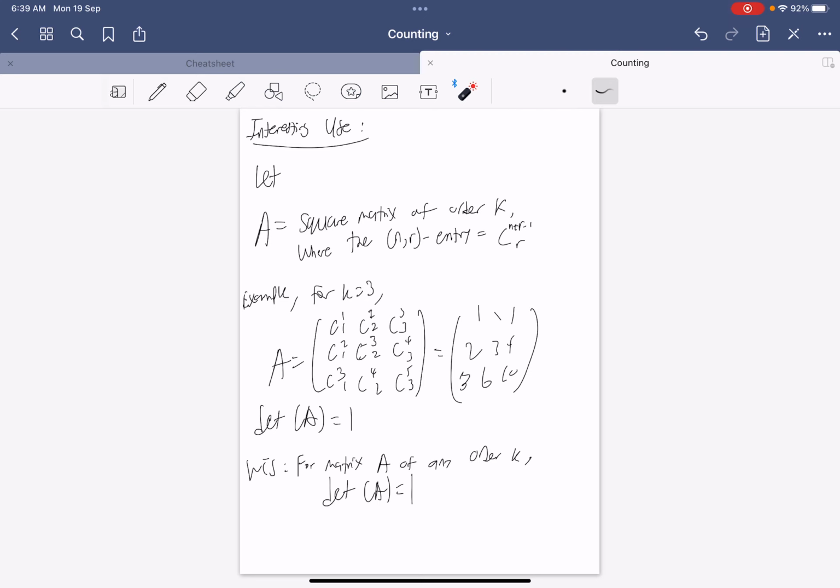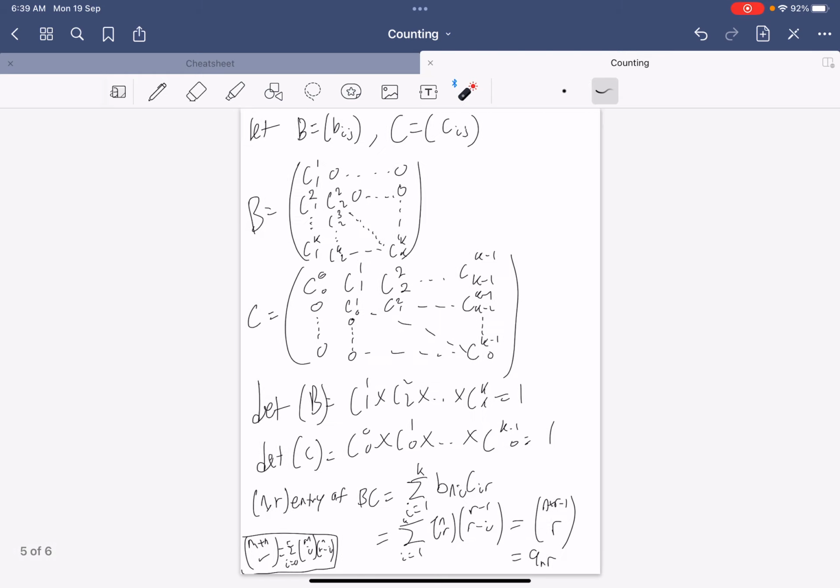But now, I claim that for a matrix A of any order, not just 3, that follows this property of the n-r entry being n plus r minus 1 choose r, its determinant is always 1. Let's prove it. Let's consider two matrices, two triangular matrices to be specific. Matrix B is where